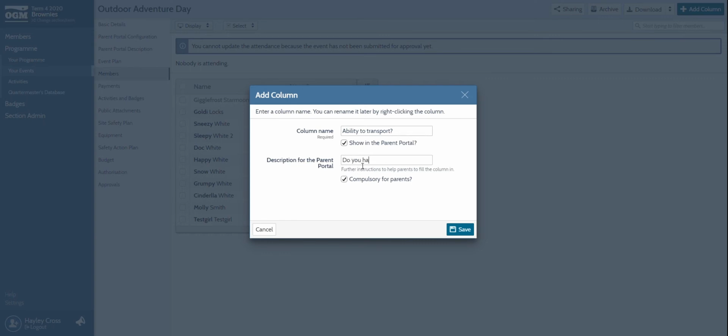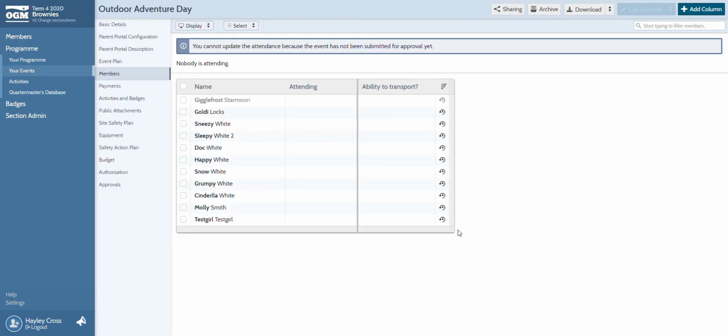Do you have room for girls in your vehicle? Alright, so this is not the place to ask for dietary and medical information. That should be updated and current on each girl's OGM record.